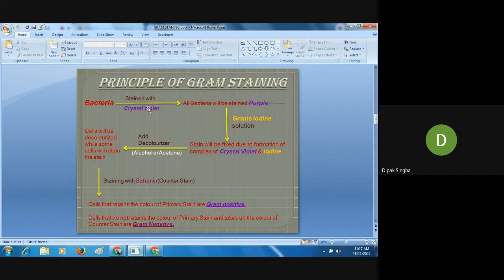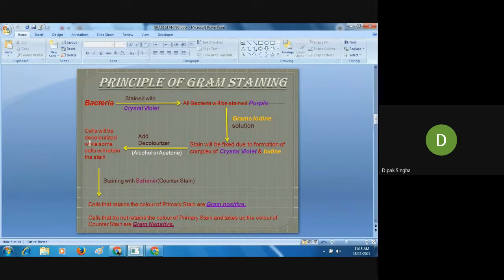You could use only crystal violet, which gives violet color to gram positive, and use safranin, which gives red color to gram negative. But why use this extra iodine and alcohol or acetone solution? Because it depends upon the variety of microorganisms, gram positive and gram negative. There is a huge difference in the bacterial cell wall. In gram positive, generally peptidoglycan is the major component. So this peptidoglycan reacts with the crystal violet, and iodine forms a complex with the crystal violet, so a permanent purple color is produced. Then you can confirm that it is gram positive.